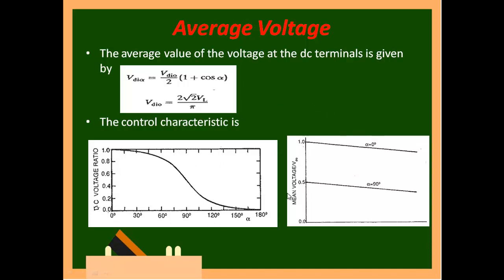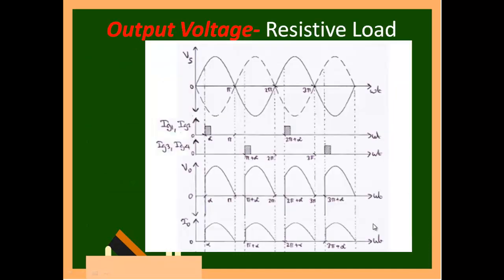Similarly, you get 0.5 of the voltage when your alpha is 90 degrees, and that is what is written here. So when alpha is 0 you will get the maximum, when alpha is 90 you will get half of your input, and when your alpha reaches 180 degrees your output voltage goes to 0. Now let us see the waveform